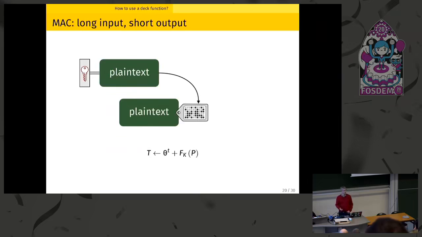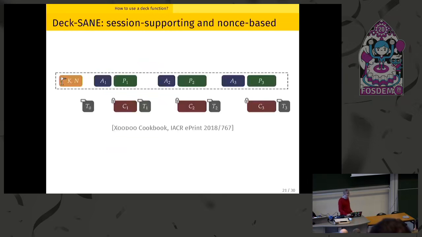To do authentication, you input your message to the DEC function. The output is your authentication tag that you attach to your message. Okay, now about incrementality. You can have this DEC function, and the output is going to depend on everything that was received so far.